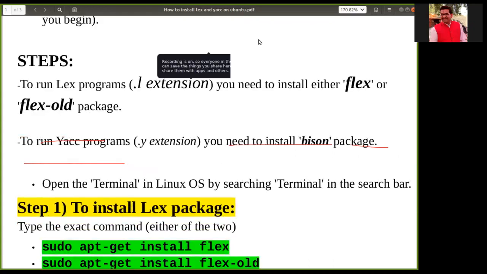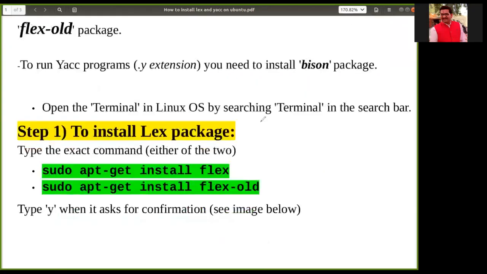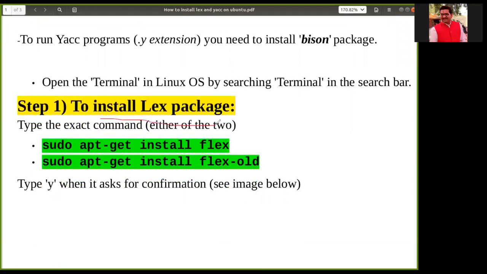And to run a Yak program with the .y extension, we need to install the Bison package. So the first step, to install the Lex packages, you can use this command: sudo apt-get install flex. Only this command is required to easily install the packages needed for the Lex tool.